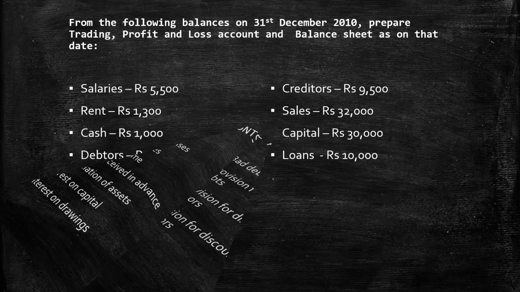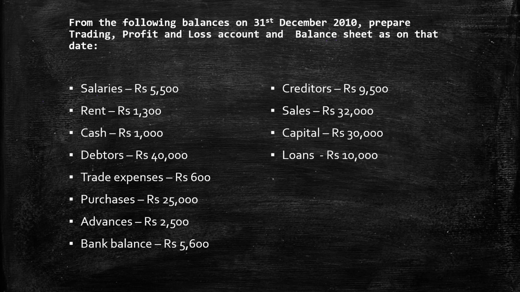Now we are going to see a sample problem. So I'm going to read out the question. From the following balances on 31st December 2010, prepare trading profit and loss account and balance sheet as on that date. So salary rupees 5,500, rent rupees 1,300, cash rupees 1,000, debtors rupees 40,000, trade expenses rupees 600, purchases rupees